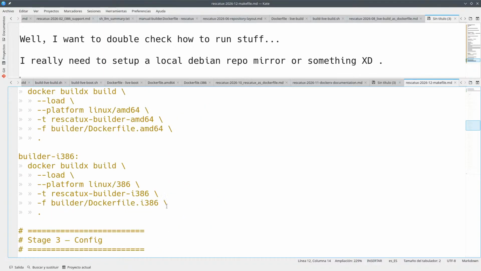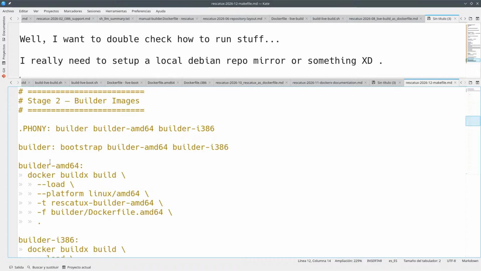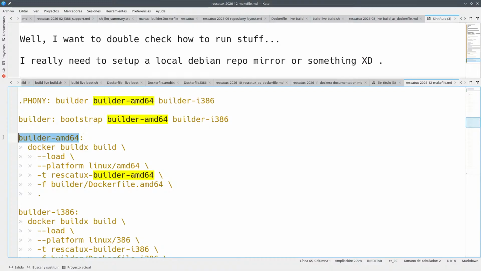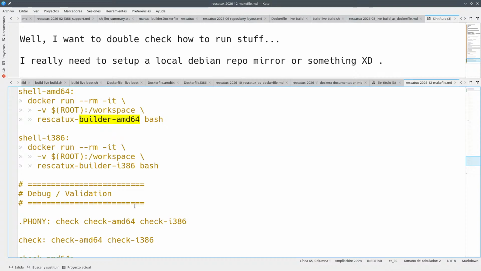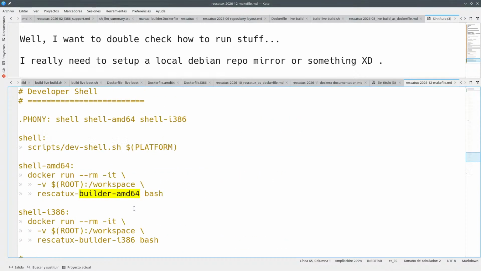Maybe make debs. But what happened here is that the builder AMD64